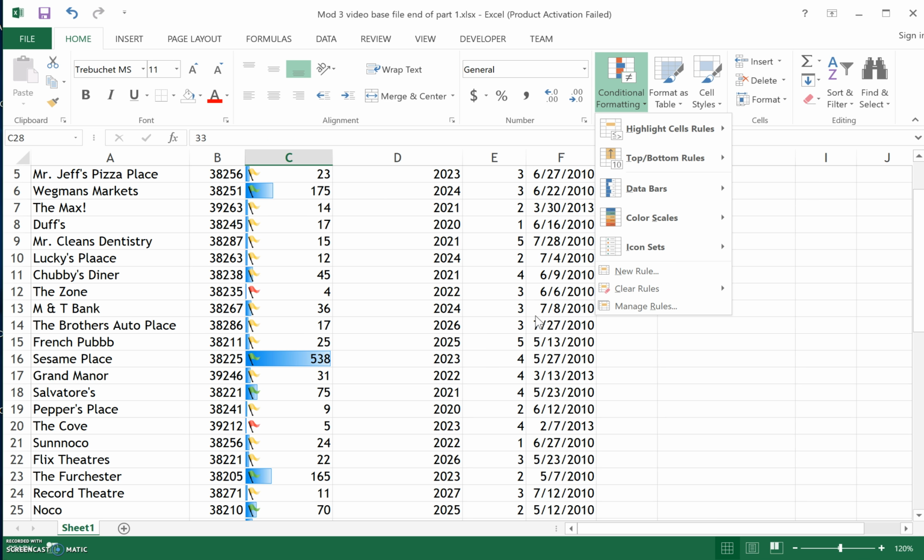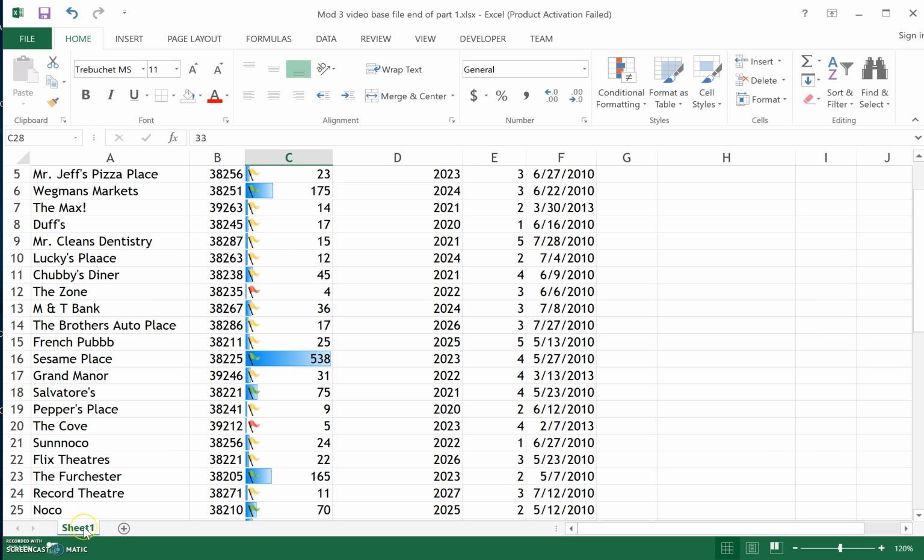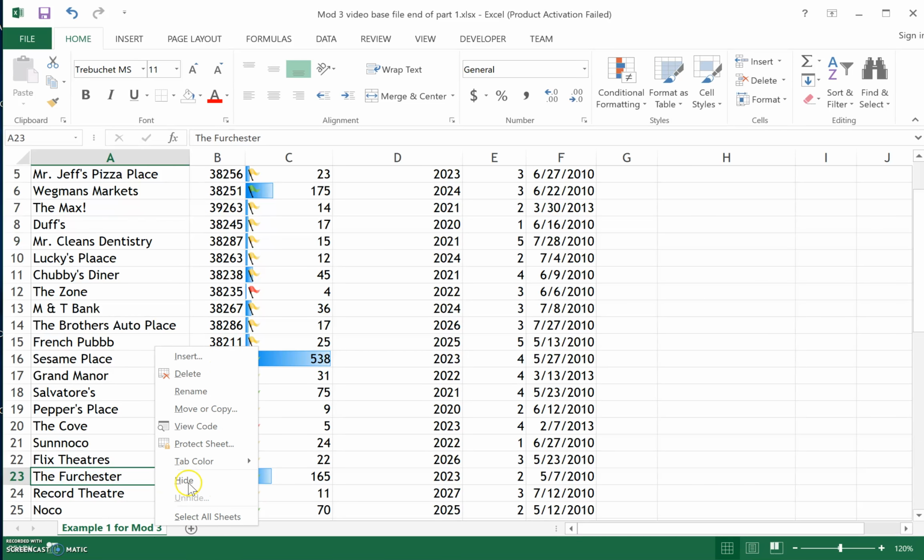Other things we can do: rename and move a worksheet, different editing pieces. Okay. So rename and move a worksheet. First of all, I'm going to click on this. If I double click, I get this highlighted. I can actually change this and say example 1 for mod 3. Okay. So I renamed it. If I want to move it, I can right click and you could say